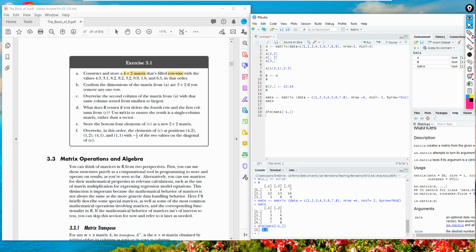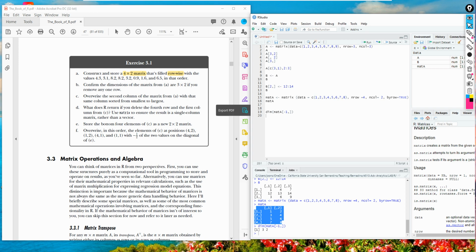Now, overwrite the second column of the matrix A. This is my matrix A. Overwrite the second column of matrix A with that same column sorted from the smallest to largest. So you need to first sort the second column, and then that value has to be overwritten to the original matrix.